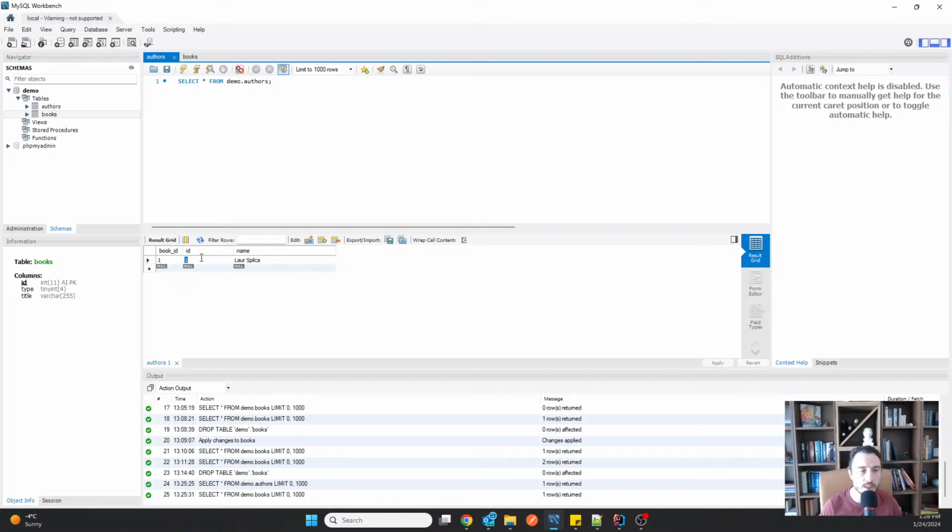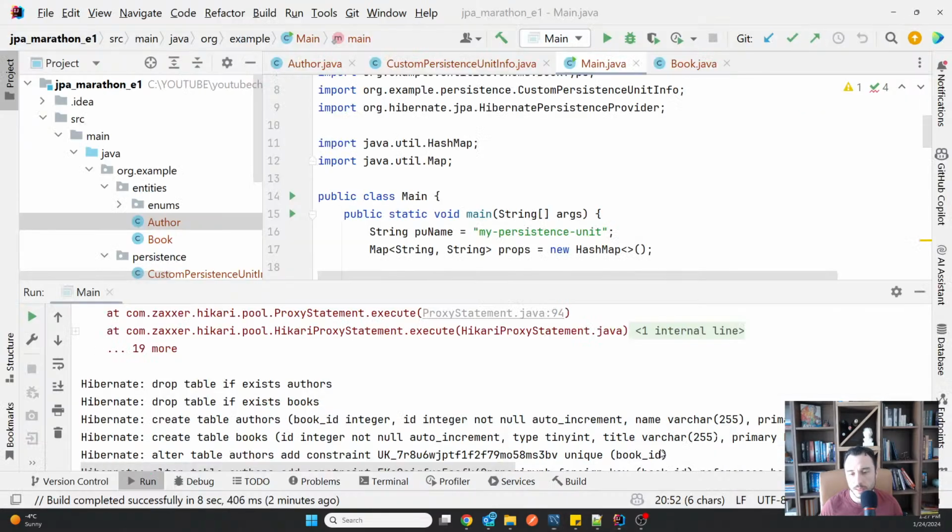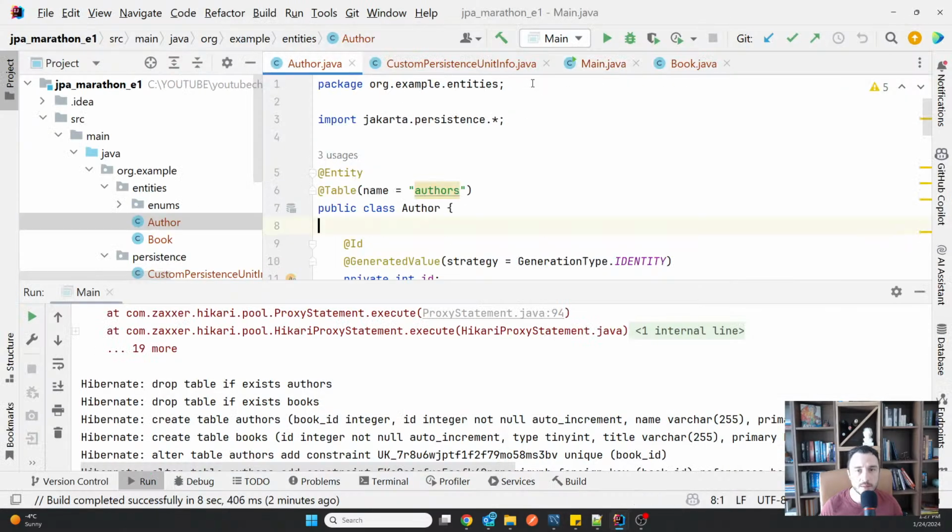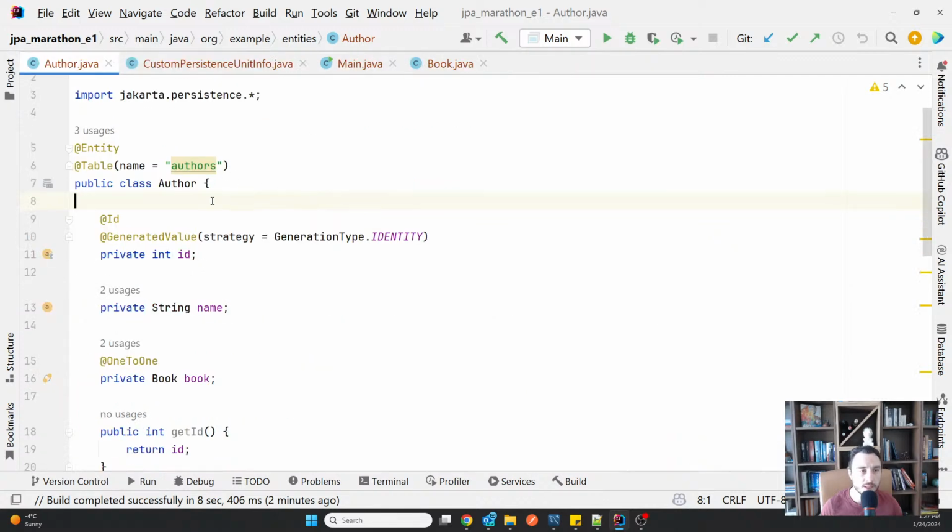So in this way, the author with ID primary key 1, name allowed, is associated to the book with ID 1, which is troubleshooting Java with type 0. Of course, the relationship itself, so the foreign key, has been added to the authors table because I have defined the relationship itself in the authors.